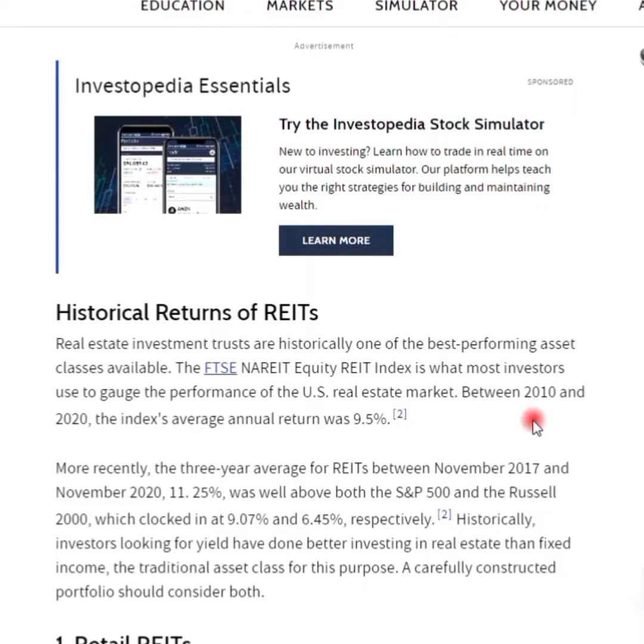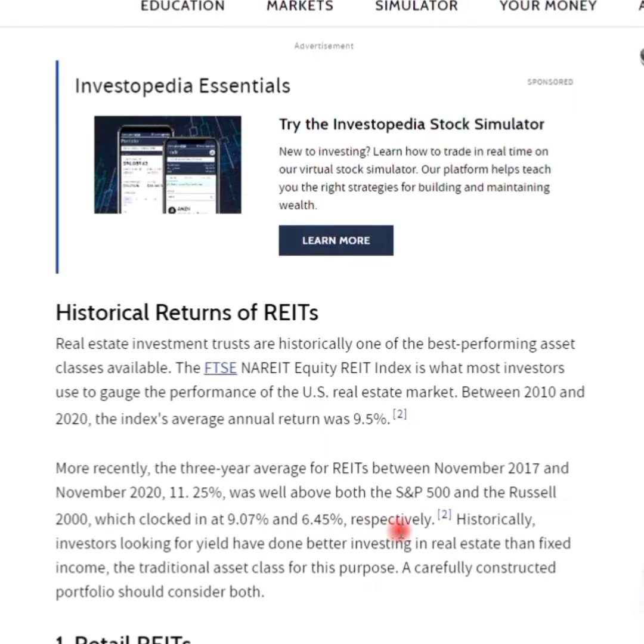real estate market. Between 2010 and 2020, the index's average annual return was 9.5%. More recently, the 3 year average for REITs between November 2017 and November 2020, 11.25%, was well above both the S&P 500 and the Russell 2000, which clocked in at 9.7% and